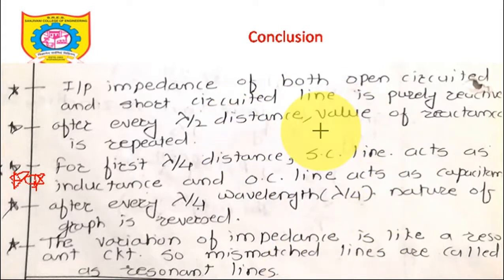In the next lecture also I am going to start with this particular slide only, where we need to make certain conclusions, and we'll try to understand how this will be replicated in the Smith chart. Only 1 or 2 points are remaining, that is lambda by 8 line and lambda by 4 line, that we'll cover in the next class along with this conclusion.